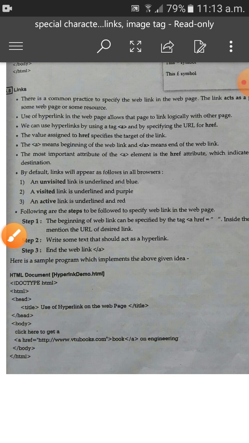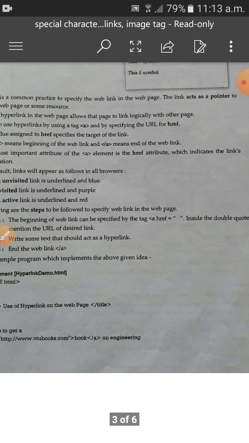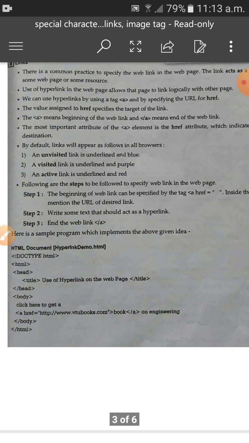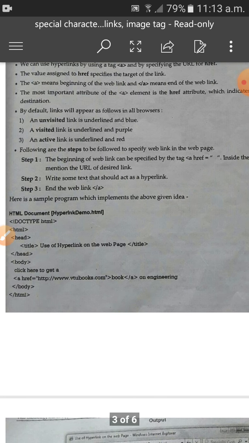The most important attribute of the A element is the href attribute, which indicates the link's destination. By default, links appear as follows.